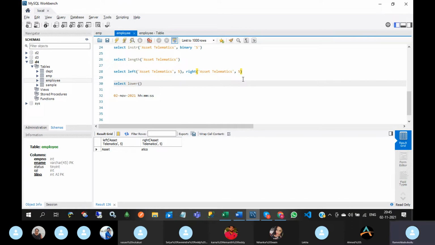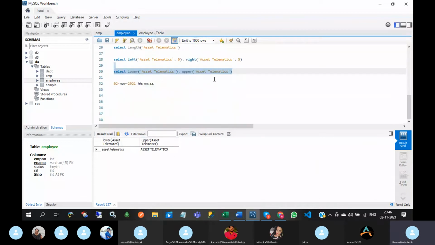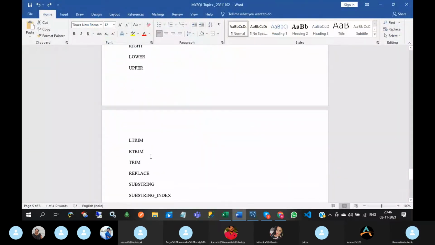Small letters, capital letters. And left trim, right trim, trim.